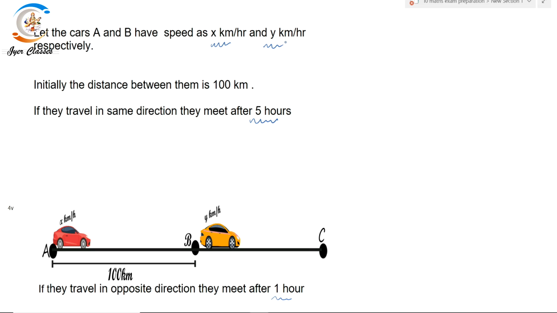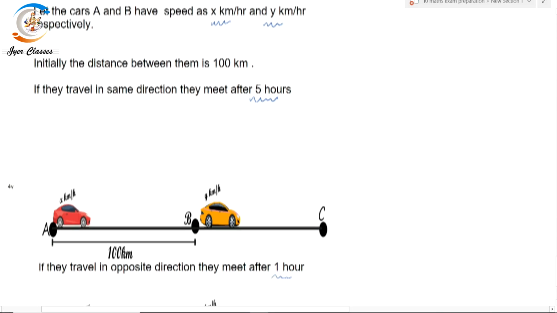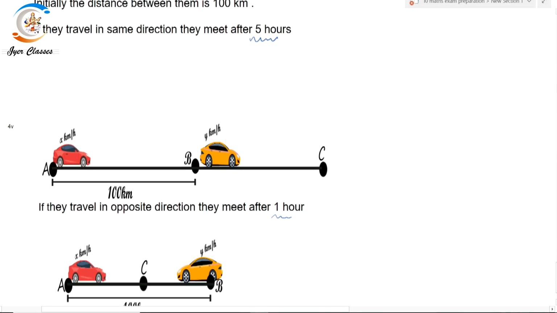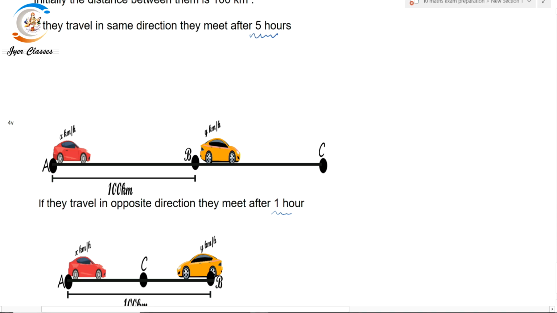As per the condition, the two cars are separated initially by a distance of 100 kilometers. Now, look at the two cars in the diagram. देखो एक लाल और एक पीला कार दिख रहा है आपको, और दोनों की इनिशियल डिस्टेंस यानी A और B के बीच में कितना डिस्टेंस दिख रहा है, 100 किलोमीटर्स का दिख रहा है आपको, है ना।